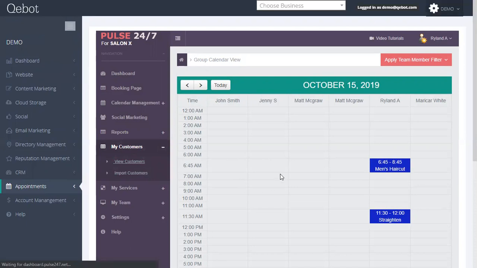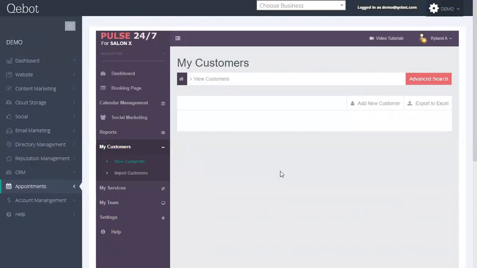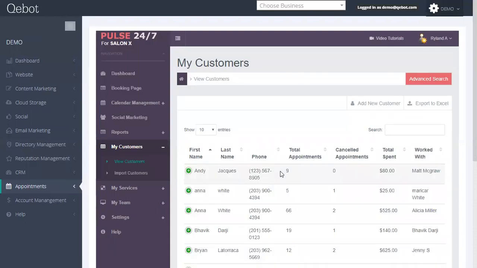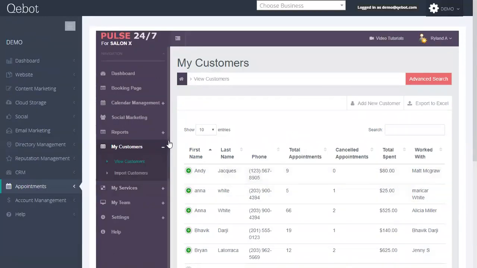You have your customers here, so you can view your different customers right through the platform very quickly and easily. The nice thing about this too is when somebody books an appointment with you, it's going to capture their name, their email, their phone number. So number one, it can send out a reminder, 24, 48 hours, however much time you want before the appointment. So it can do that to the client. But also it helps capture some information, total appointments, canceled appointments, total spend for each one of your customers here, which is important